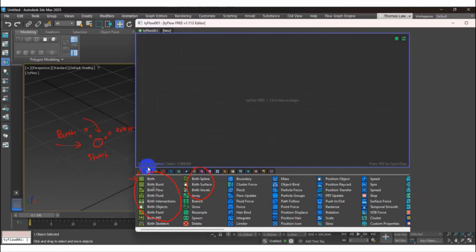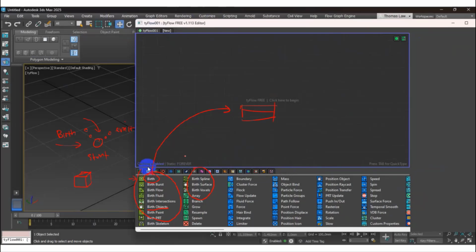So first you need to think about what birth. Let's say I want to create the particle system from this cube. This is a cube, that's why this is the birth of object. If you choose only the birth here in your viewport, the node base, this is for the general.